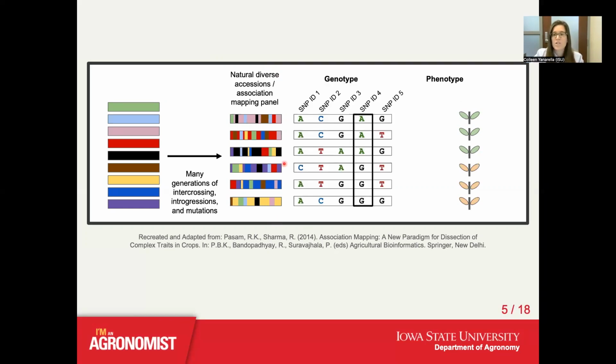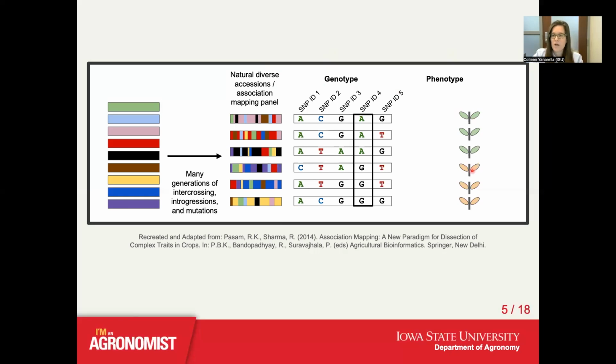And we get genotypic data where we genotype these plants. This is becoming less and less of an arduous process, and phenotyping is becoming more and more of an arduous process in comparison to genotyping. In this instance, we have 5 what are called SNP IDs. So these are single nucleotide polymorphisms. And if we look at our column of phenotypes, we see that there's 3 green